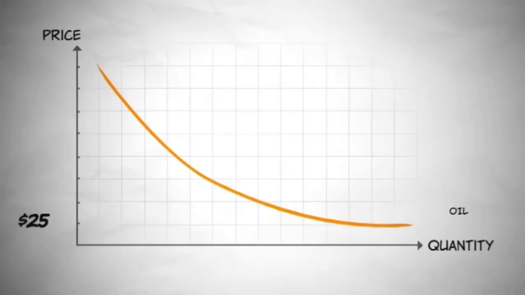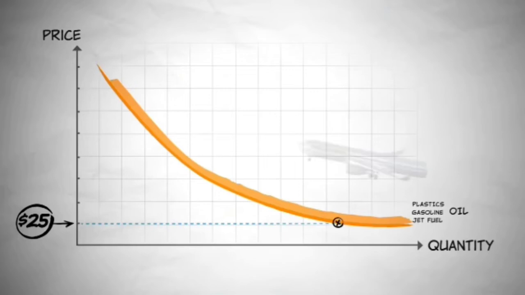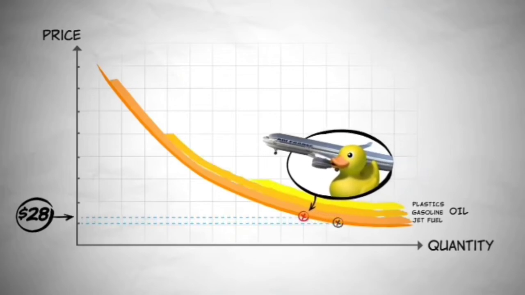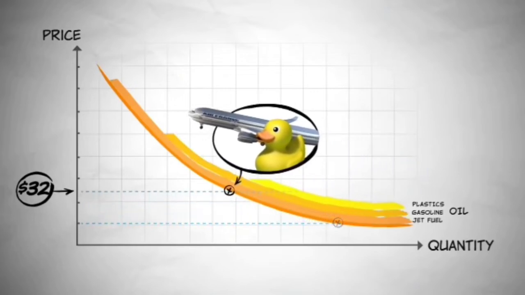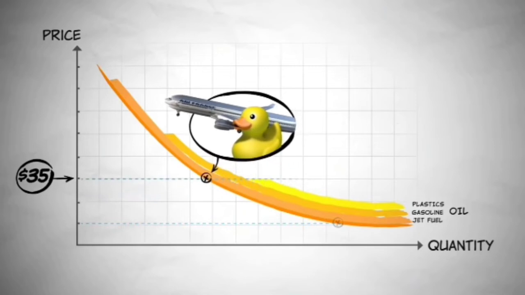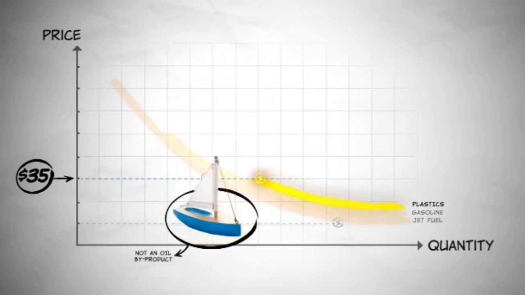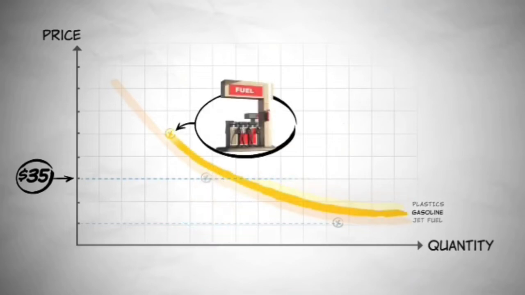When oil prices are relatively low, the oil that is being demanded is used for high and low-value goods alike. As the price of oil goes up, so does the price of making plastic and gasoline. And at some point, the cost of these low-value use products will get high enough that some people might skip buying a rubber ducky altogether or buy a substitute like a wooden bath toy. Same goes for gasoline.